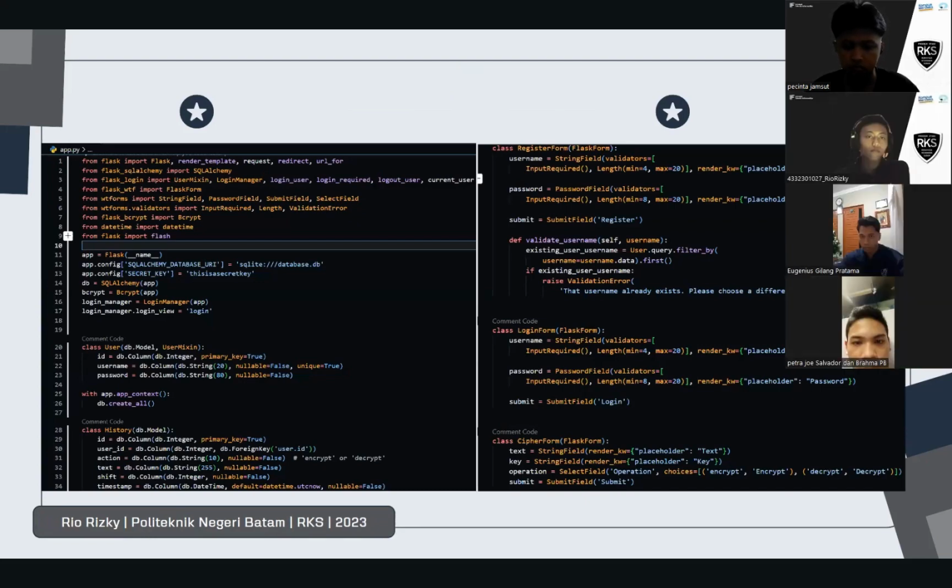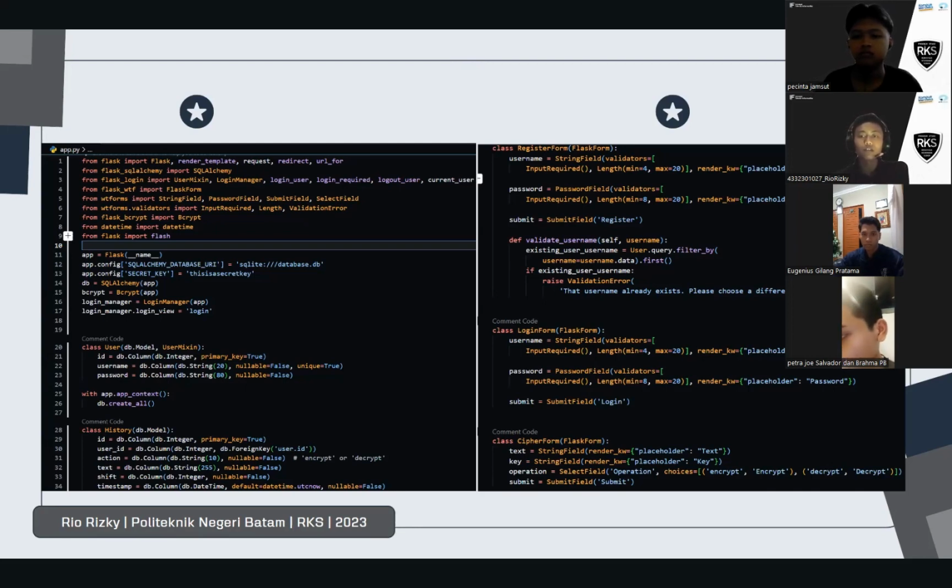In this program, there are imports and configuration. The program uses the Flask web framework along with several extensions like Flask-WTF for forms, Flask-SQLAlchemy for database interaction, Flask-Login for user authentication, Flask-Bcrypt for password hashing, and others. The database URL is set to SQLite, and a secret key is configured for security.